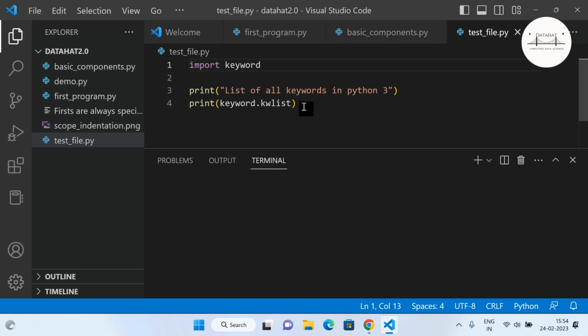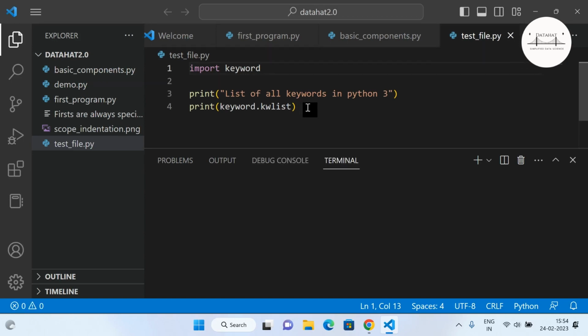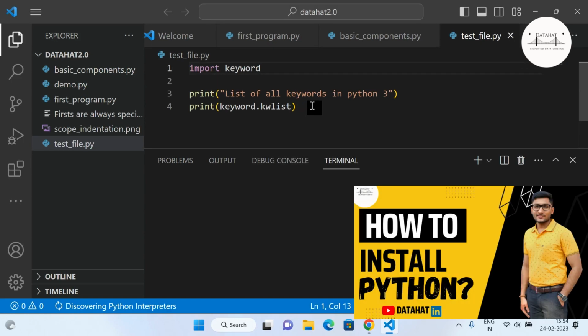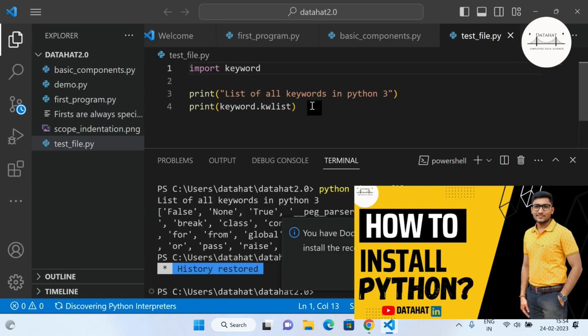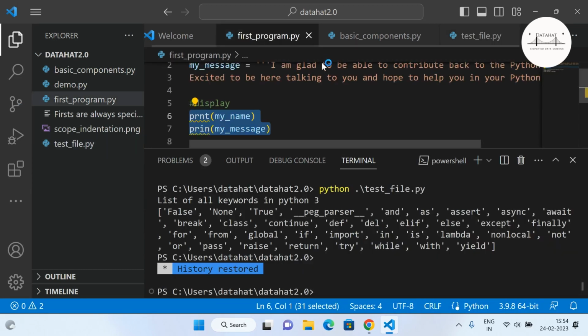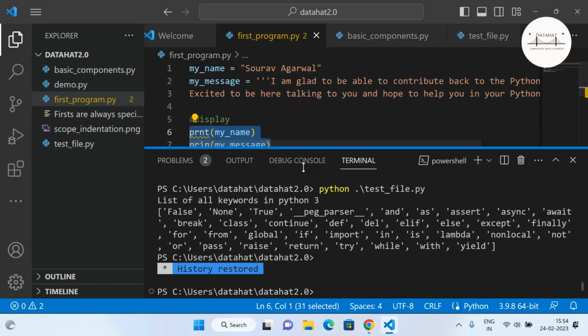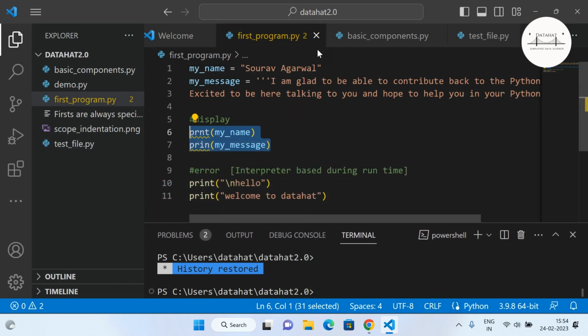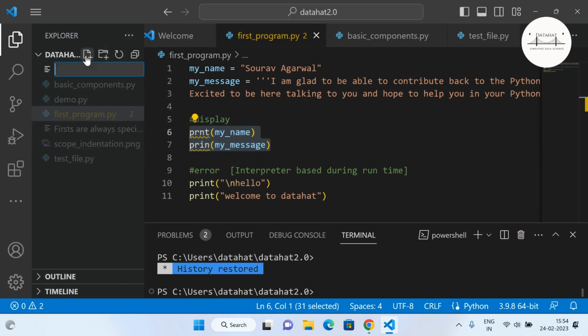You must have VS Code set up and installed. If not, you can use the online editor, the online Python compiler, which I have provided in the previous video on the Python installation. Check it in the I link. Now here I have already written a basic program for you, but let us rewrite it so that you can follow along. I'll just create a new file,